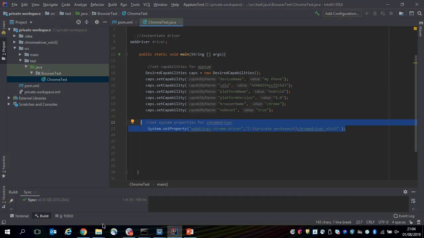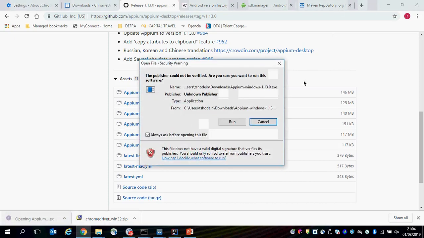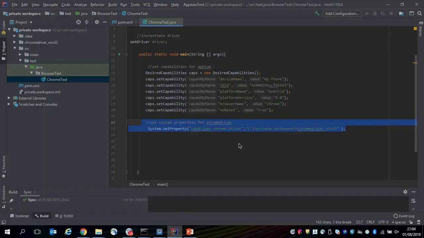All right, so let's get the Chrome driver and Appium installed now. So I'm waiting for that to come. So while that is happening,